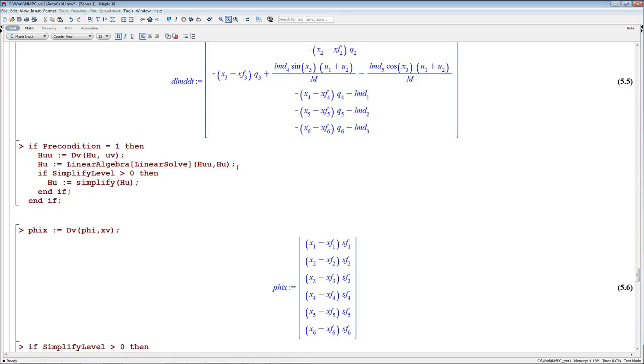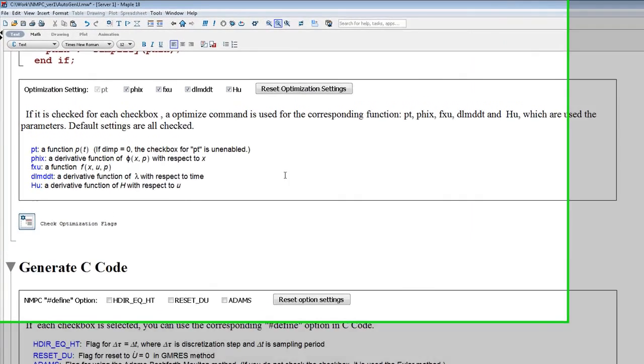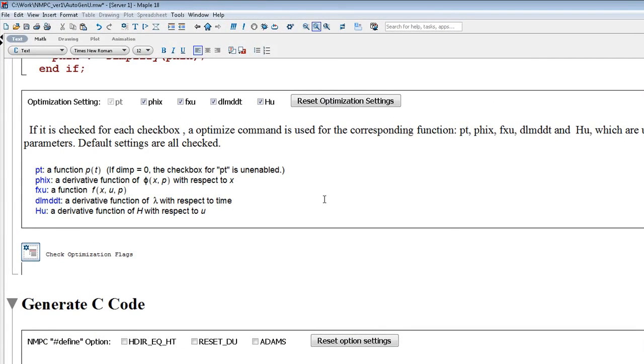We compute the derivative of the terminal penalty with respect to the states. Now that we have defined everything, we can take advantage of the power of Maple in simplifying procedures. Here there are boxes for time-varying parameters, if any,